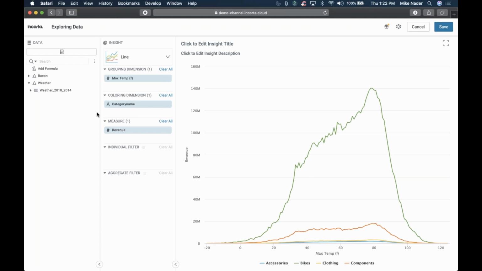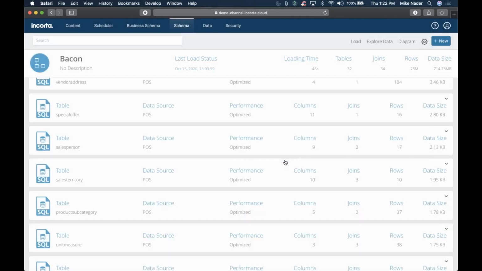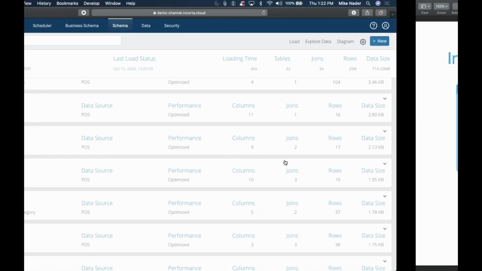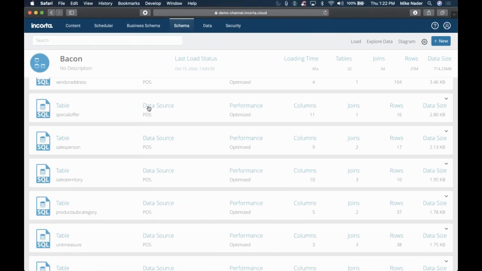So if you're following along with me right now, in the upper right corner, I just want you to cancel. And when you cancel, it's going to say, hey, wait a second, you did something. Do you want to save it? Just click exit. We're not going to worry about that right this moment. It's going to pull us all the way back down to the schema. So back in our architecture, we're coming back over here for a moment. Now, what I want us to do is we're going to start simplifying this, and we'll put some calculations and things in as well. So the simplification piece